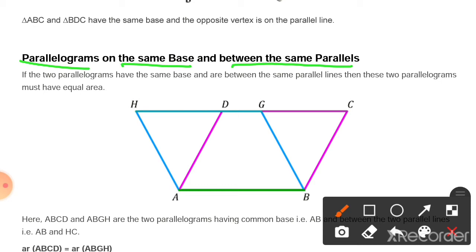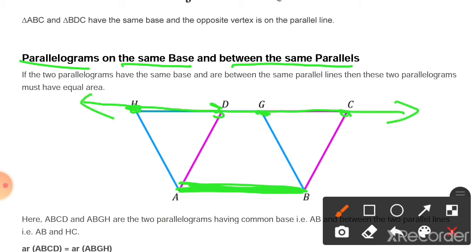How can we check it? See here, both figures have the same base, that is AB, and the vertices H, D, G, C lie on the same line. So we can say that the given figures are on the same base and between the same parallels, correct